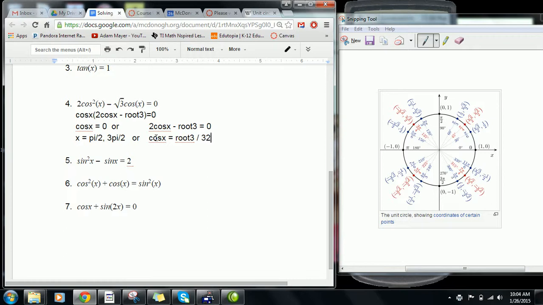Root 3 over 2 is one of those nice values for those nice angles. So I remember when the cosine of x equals root 3 over 2. Remember, it's the x value of the terminal point. There's a root 3 over 2, and once again, not in the second, not in the third, but in the fourth, there's another root 3 over 2. So my two solutions based on the unit circle are going to be pi over 6, or 30,